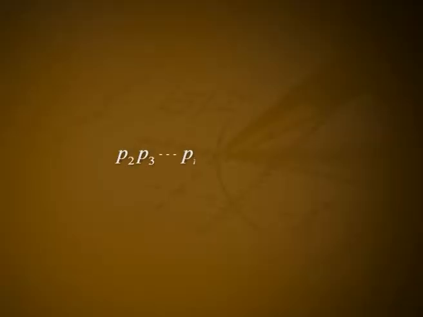qs. Corollary 2 of theorem 1 tells us that p1 is equal to qk for some k, but then p1 greater than or equal to q1. Similar reasoning gives q1 greater than or equal to p1. Combining this, we have p1 is equal to q1. We may cancel this common factor and obtain p2, p3 etc. pr is equal to q2, q3 etc. qs. Now repeat the process to get p2 is equal to q2 and in turn p3, p4 etc. pr is equal to q3, q4 etc. qs. Continue in this fashion.